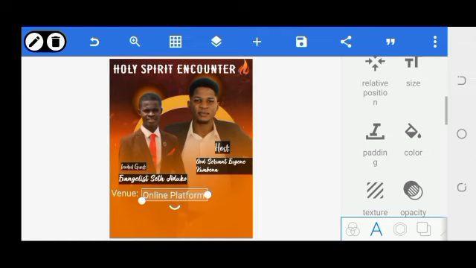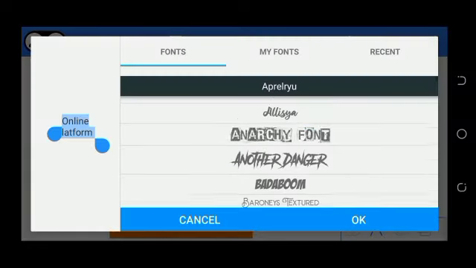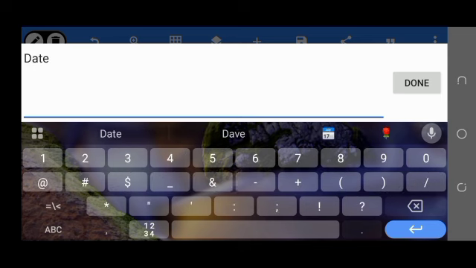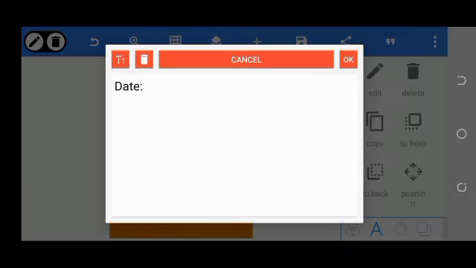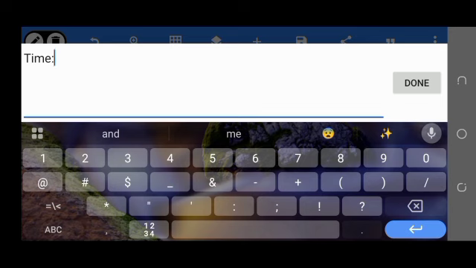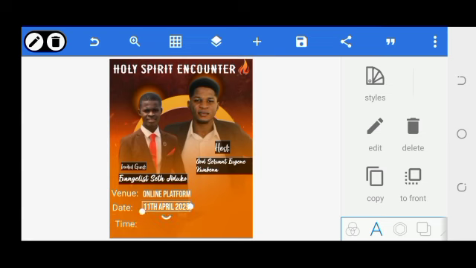Let's change this font. Date. The date is... time. So our time is